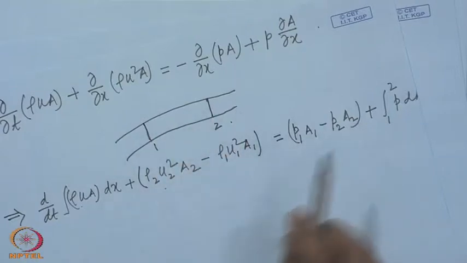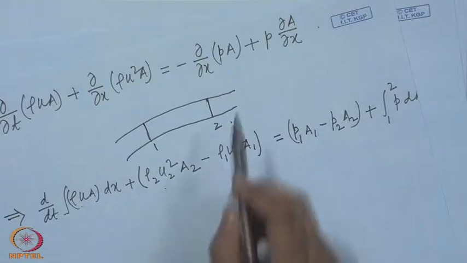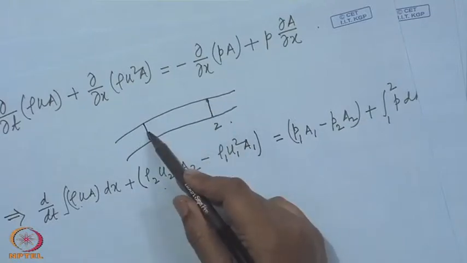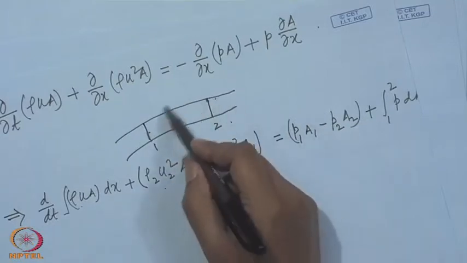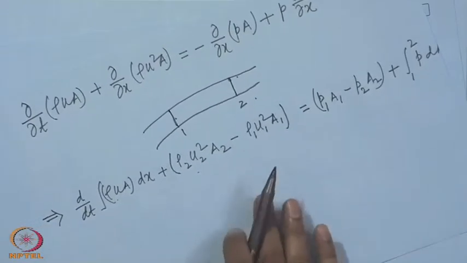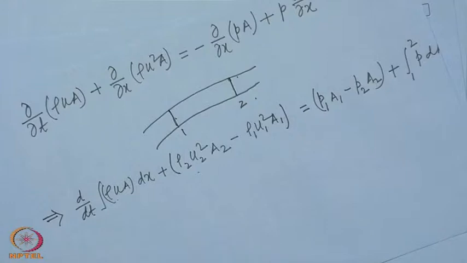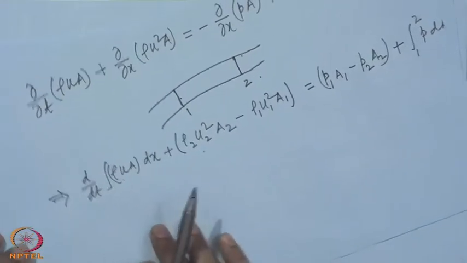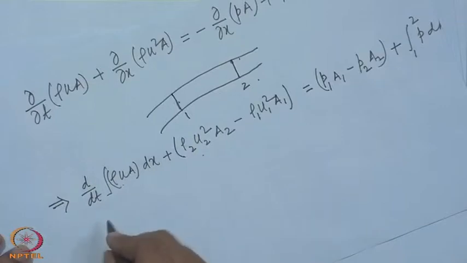The right hand side implies the force that is acting in the x direction due to the pressure difference at the two end stations 1 and 2 and also on the wall. The last term, defining an average pressure over the region, can be written as